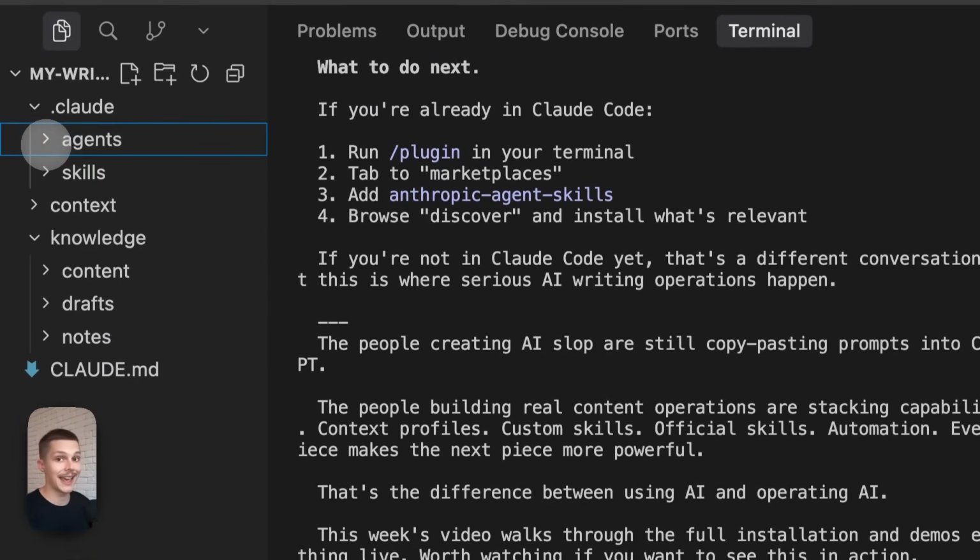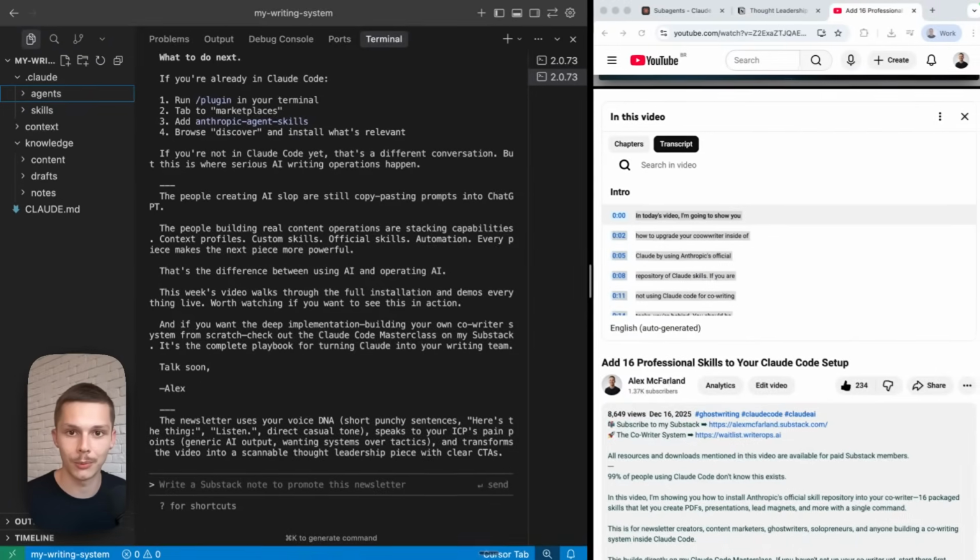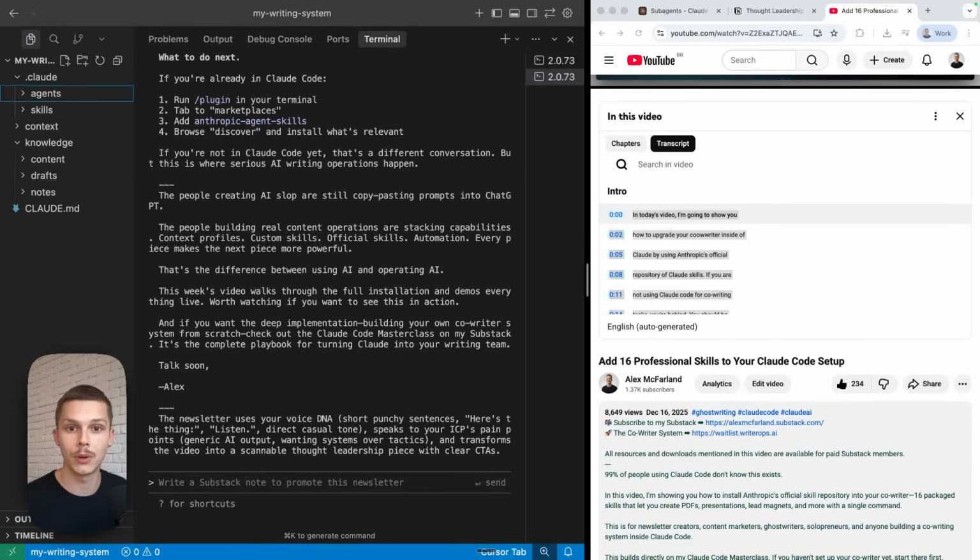So that is it. That is how you build out an incredible writing operation inside of Claude Code. That is how you build a newsletter writing sub agent with Claude skills that it can use to write different types of newsletters. What I'm showing you here is incredibly valuable. This is just the beginning of what you can do. Imagine all the different sub agents you could build, all the different Claude skills that you could give them access to. And you start to really see what the future of writing operations inside of Claude Code, or AI, really looks like. You see how much power one individual can have with all these different sub agents running underneath them,